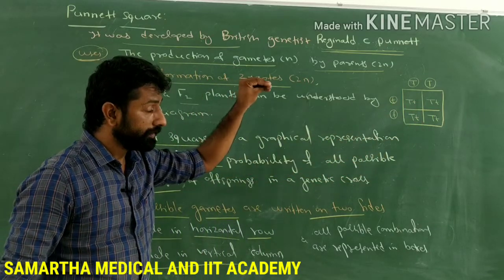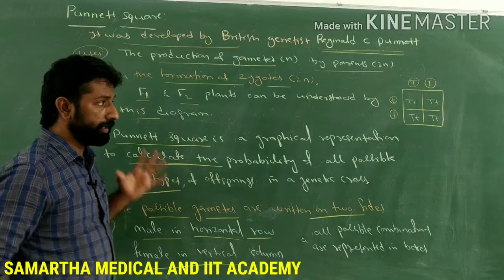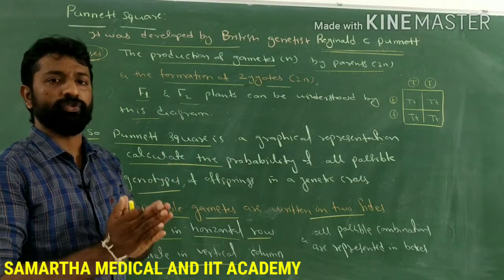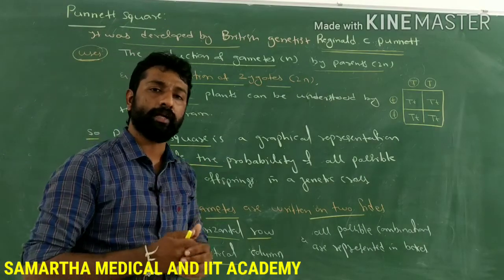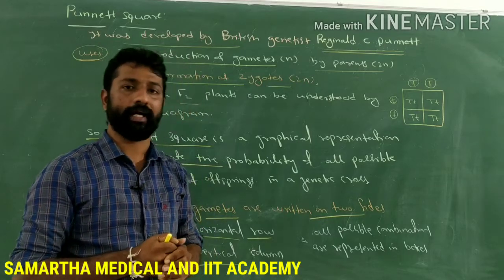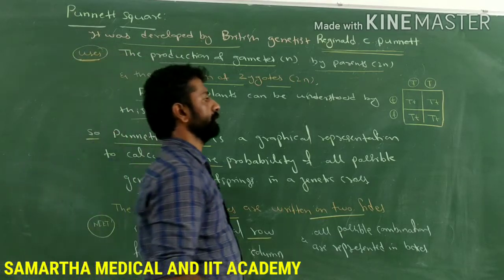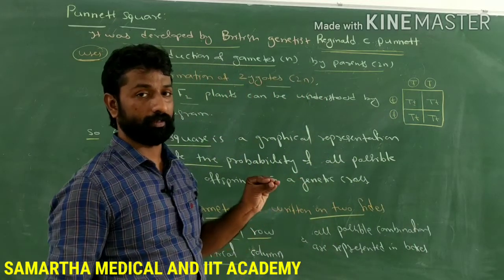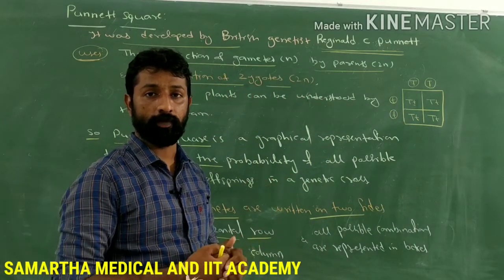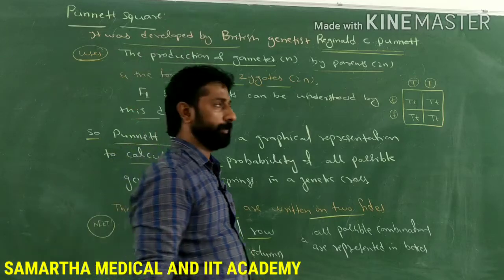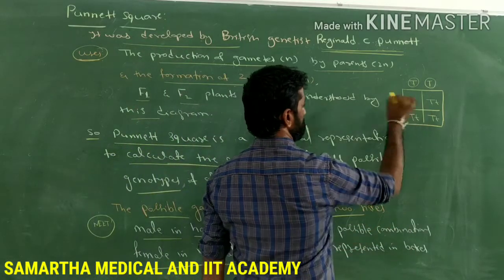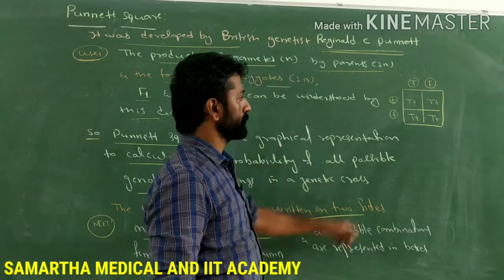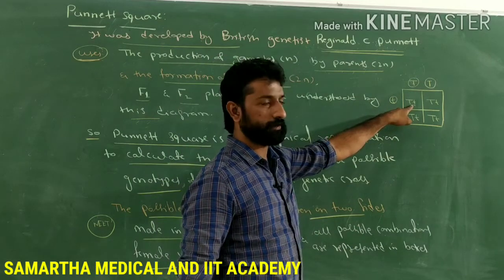In the previous discussion, we got to know that in the F1 generation only one character gets expressed, and that is called the dominant character, the dominant trait. Here that is the tallness of the plant. But the genotype of that plant cannot be understood by seeing the plant. It can be understood by this graphical representation. So what is the genotype of the possible offspring here?